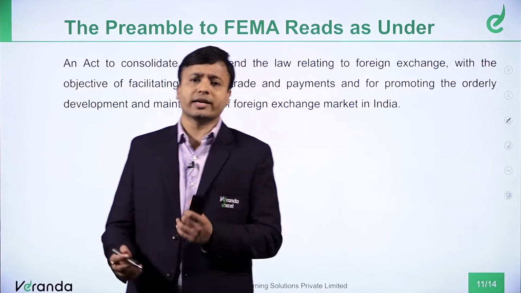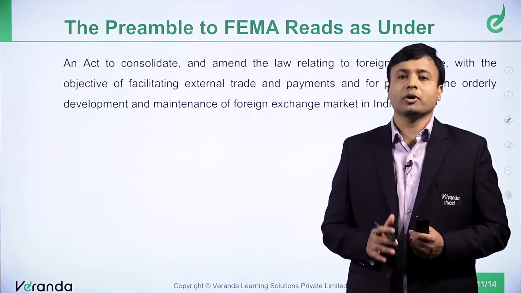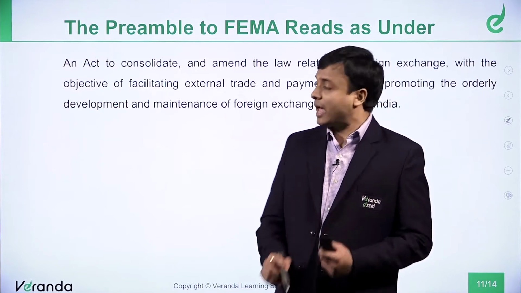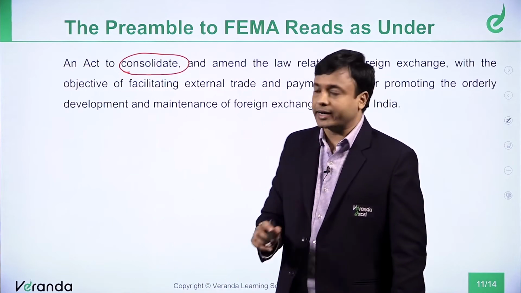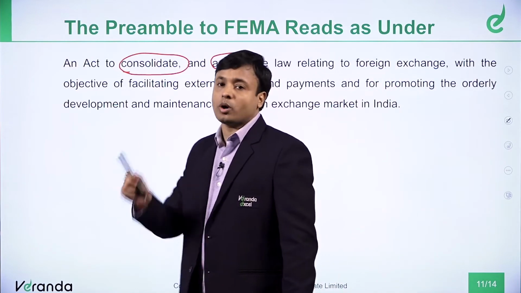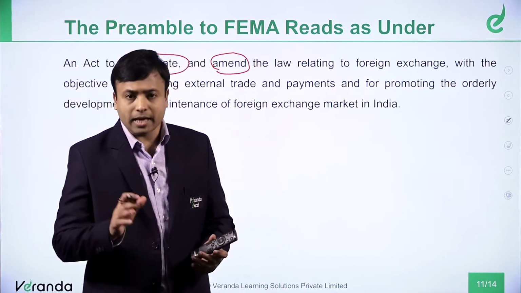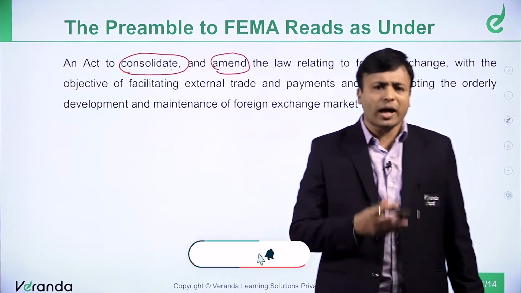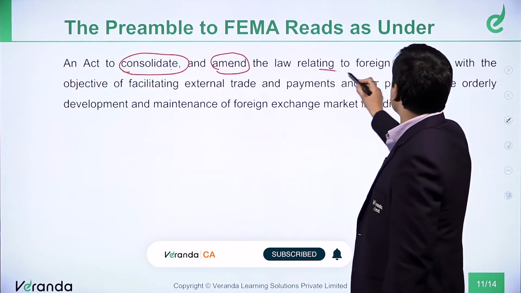Now, before getting into the details of the act, let us try to have a short understanding of what is the preamble of this act. What was there in the preamble of the act? So, what is this act? An act to consolidate and amend. Consolidate, because we already had previous laws on foreign exchange. So, this act was meant to consolidate and amend. The previous act would have had some lacunae, so we needed to amend those laws relating to foreign exchange,